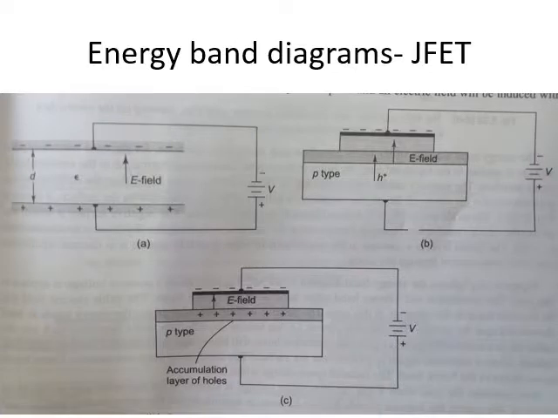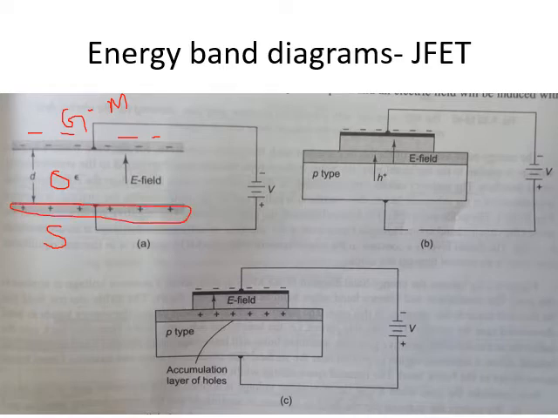So we know what happens when we apply some potential at the gate, right? This is the gate, this is the oxide, this is the semiconductor. Gate means it is metal, right? So when we apply negative potential, negative charges will develop across the metal. These things we know, right? And the equal opposite charges will be accumulated on the junction or the boundary of oxide and substrate.